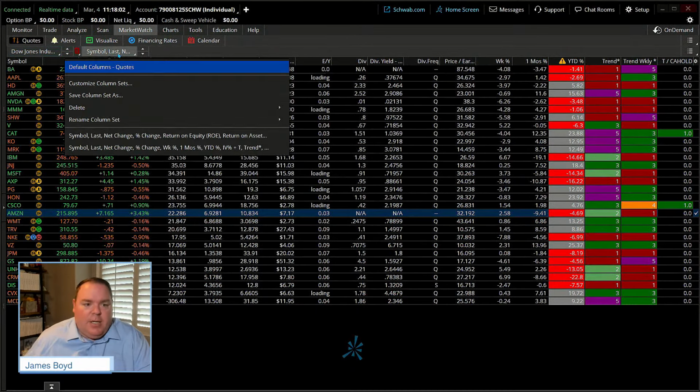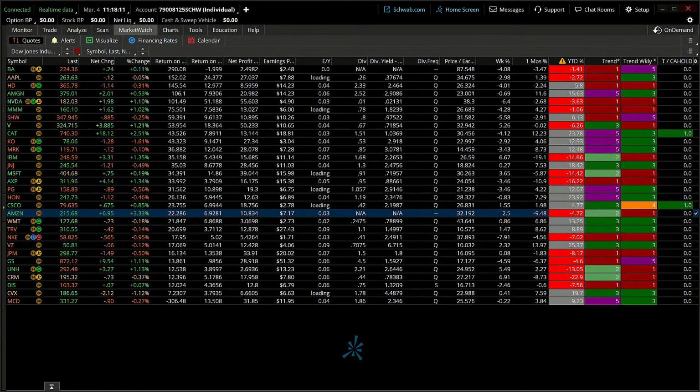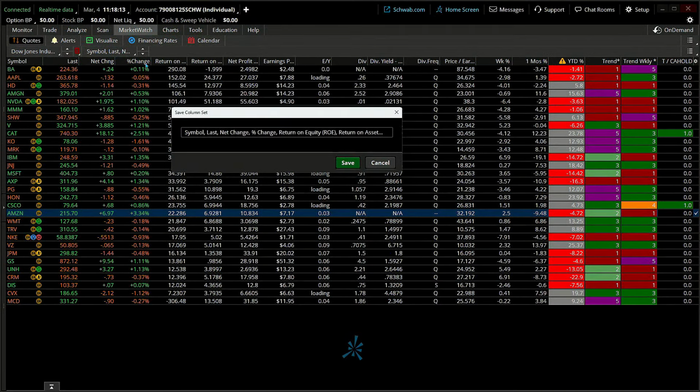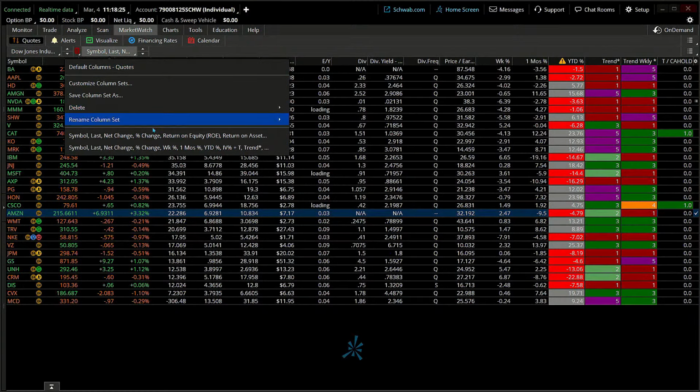Now, the one thing I want to make sure we're all crystal clear about before we look at our first example, if you click on the drop down there, you're going to see where it says Save Column Set. If you say Save Column Set, it's just going to take what are on the column headings right there, and it's going to put that in the name, okay? If I say save that, it's going to ask, do you want to save that? Yes. We click on that drop down, and now you see that it's right there.